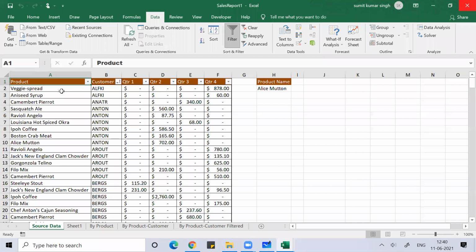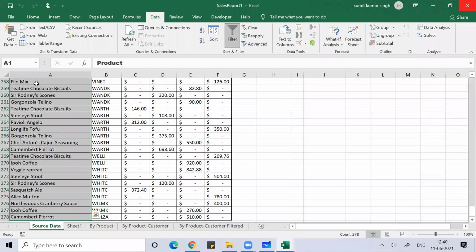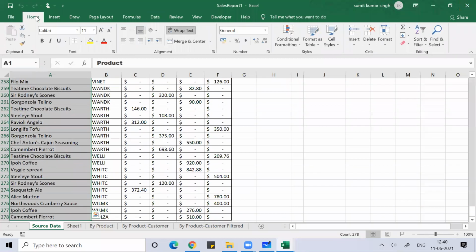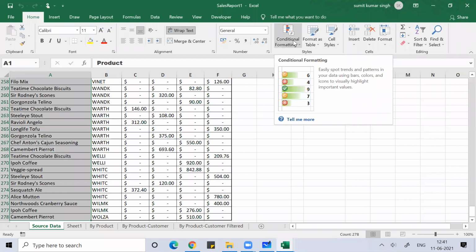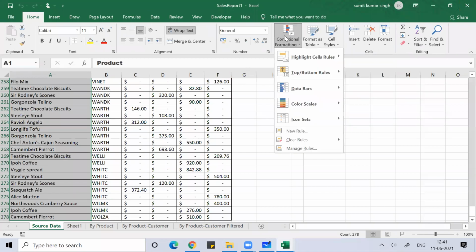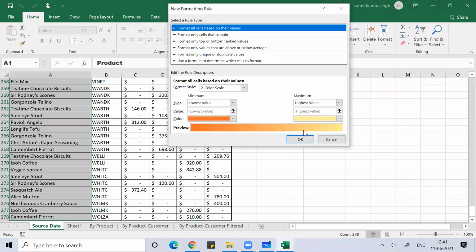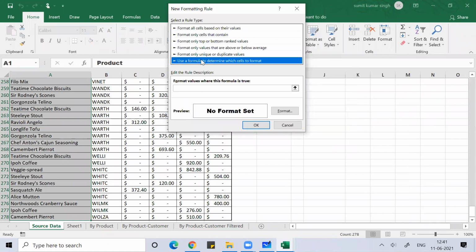So what you do, select this, Control Shift Down Arrow, select this data, go to Home, Conditional Formatting. Here click on New Rule. Under New Rule, click on Use a formula to determine which cell to format.